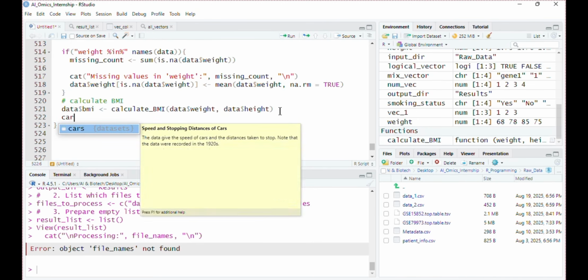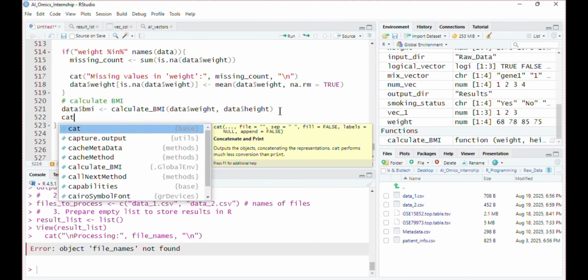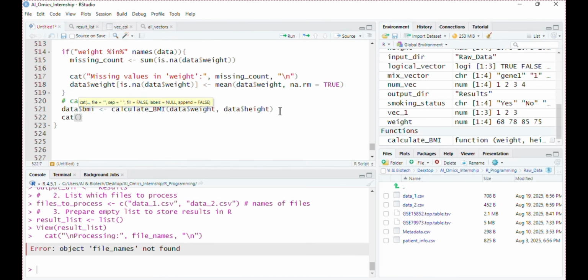Now pass the message that I want at this step: BMI has been calculated successfully, with a number of data.